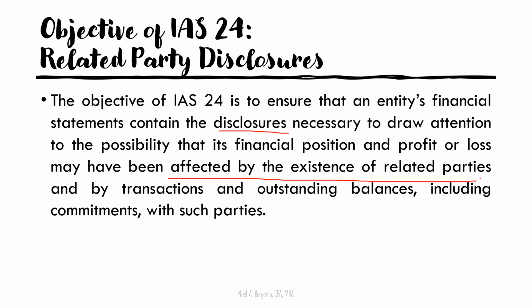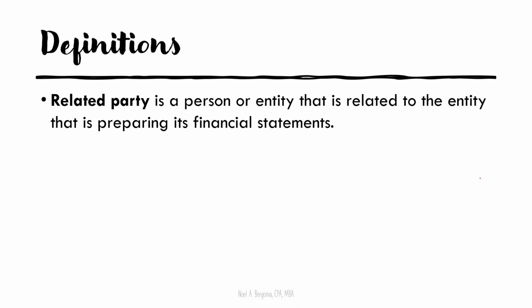So let's define some terms that we will be using in our succeeding discussions. Okay? So first, we have the related party, which is the topic of this standard. When we talk about related party, this refers to a person, so pwede palang tao, or even an entity, a business, that is related to our entity that is preparing the financial statement. Okay, so there will be premises later to identify sino-sino po ba yung mga related parties to our reporting entity. Okay, and yun lang pong mapipiling related party, as defined in IAS number 24 will be required to